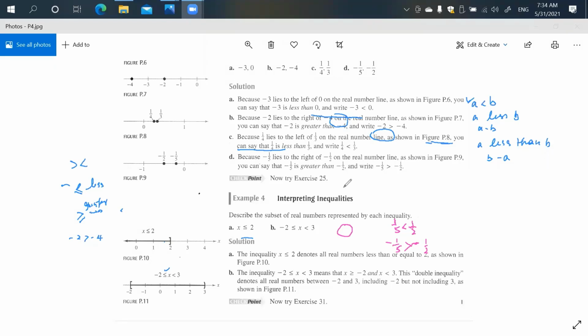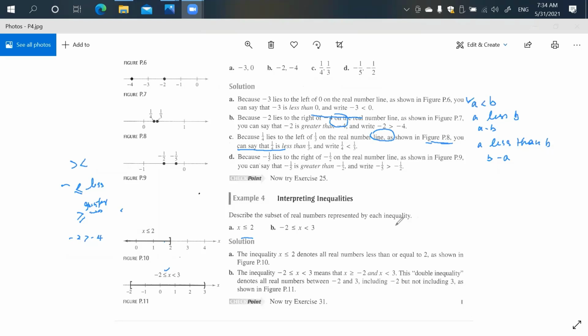Maybe I can erase this one first, otherwise it bothers us here. So see example number 4. Let's see, I want to use this color. Then this one, they say describe the subset of real numbers